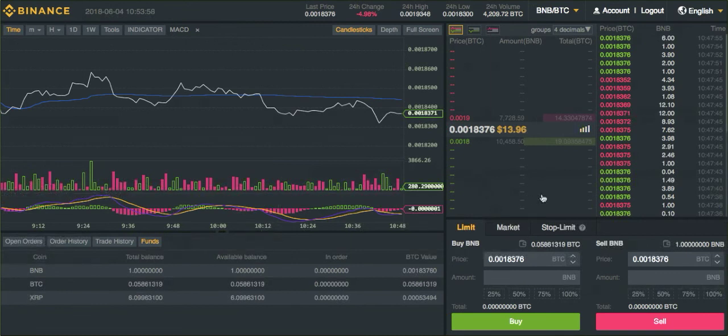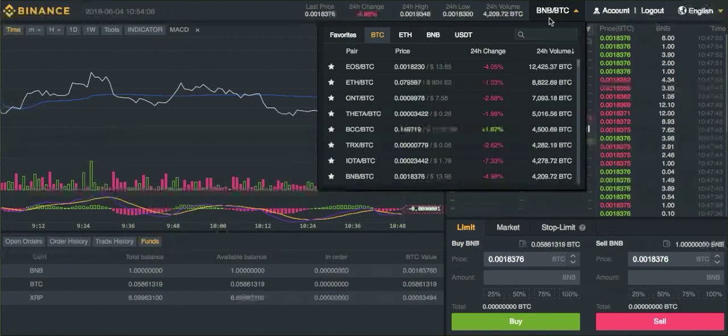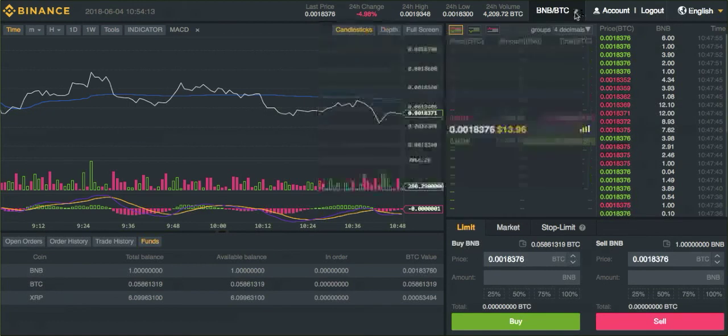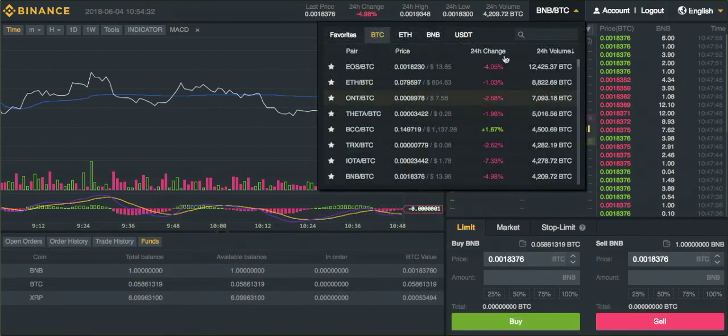Then you have to choose the pair which you want to trade in. But you need balance in the account. If you choose Binance currency against Bitcoin, you need to see the money that you have inside. Mine currently is little, I've not invested in Binance currency that much. But in any case, if I want to bring, let's say, BTC.